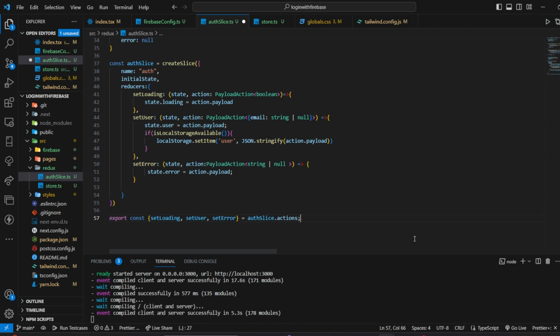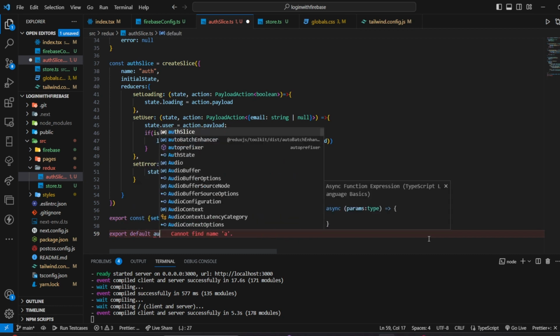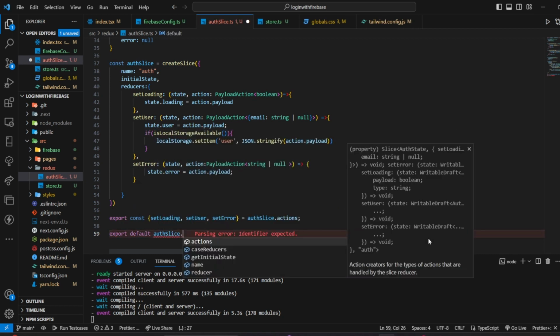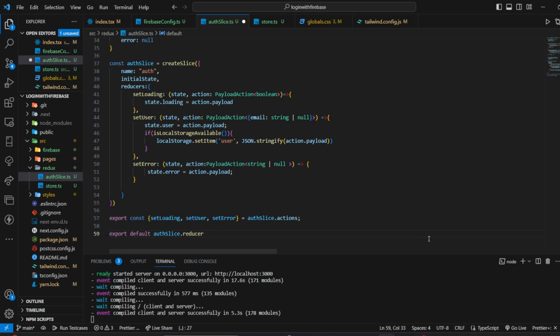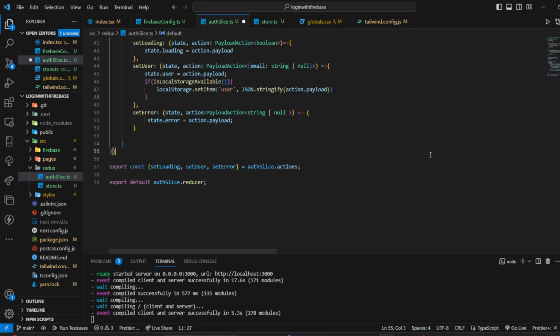Okay. And finally, we'll export default authSlice.reducer. So this exports the auth slice reducer, which can be used when creating the Redux store to handle the actions dispatched to the authentication slice. Now this auth slice has been done. We'll move on to the